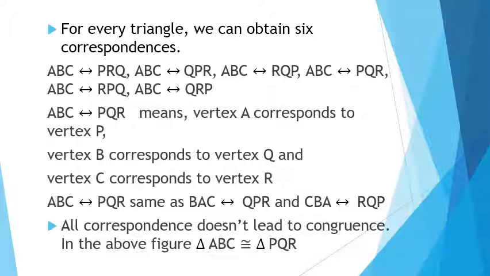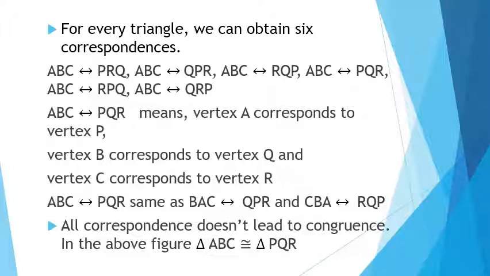Here we have taken 2 scalene triangles, all sides are different, and we are assuming 6 correspondences. You can rotate the second triangle and see whether they are congruent. How to find out whether they are congruent? If they superpose each other, then they are congruent. Means if we keep ABC and over that keep triangle PQR, and when rotating it comes exactly matching each other, then they are congruent.